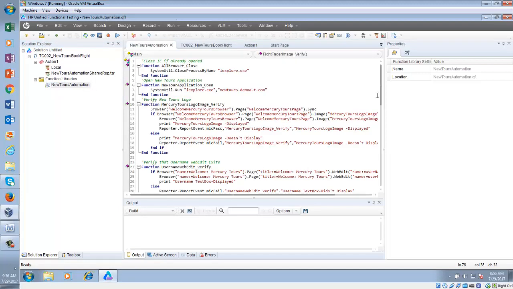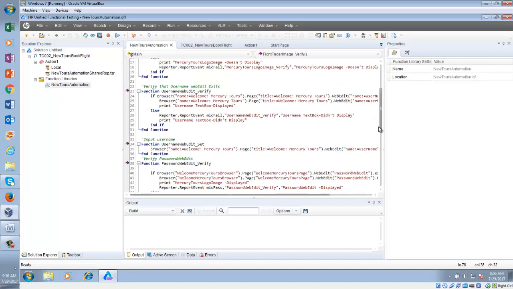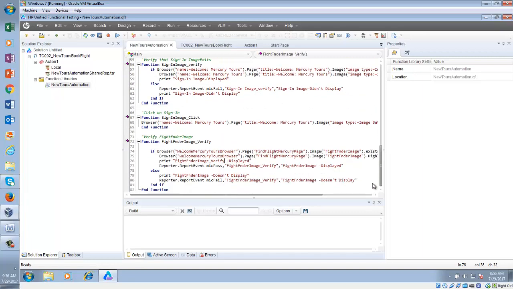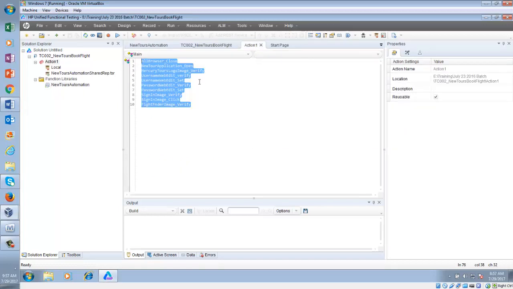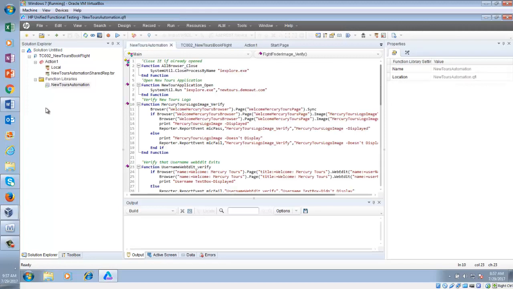This automation, but there is a function library we have. So the functions that we are calling from this action, their details are in that function library, right?